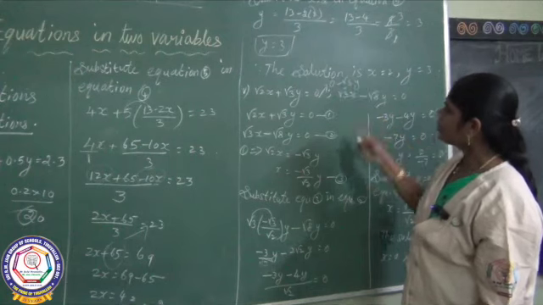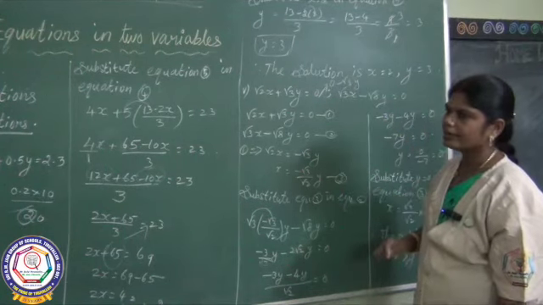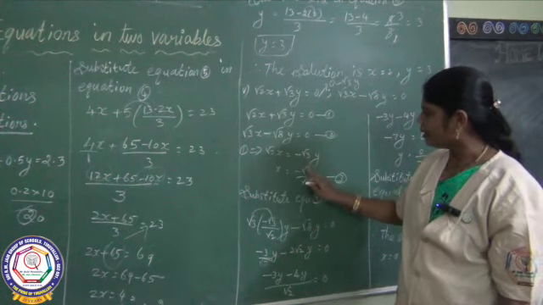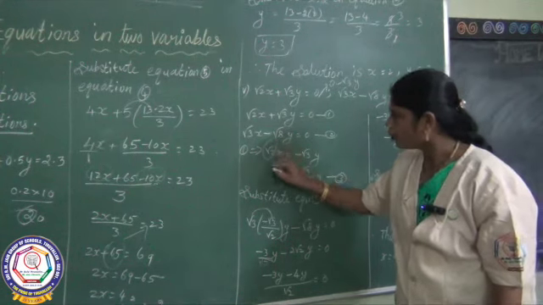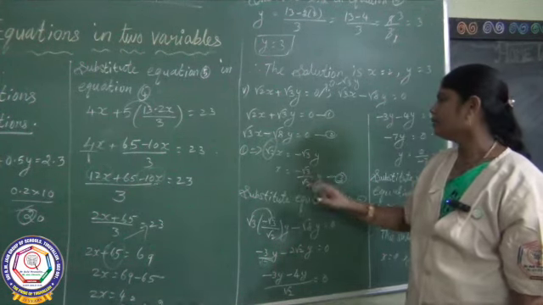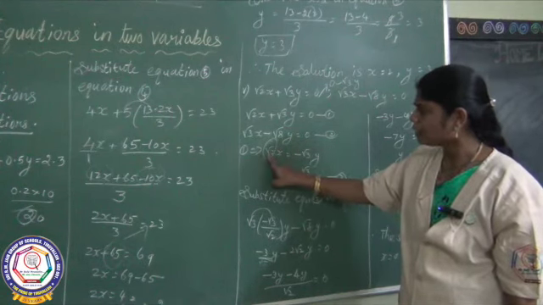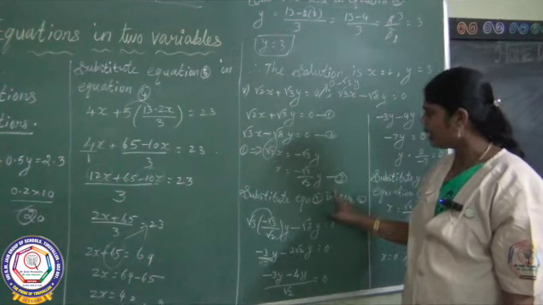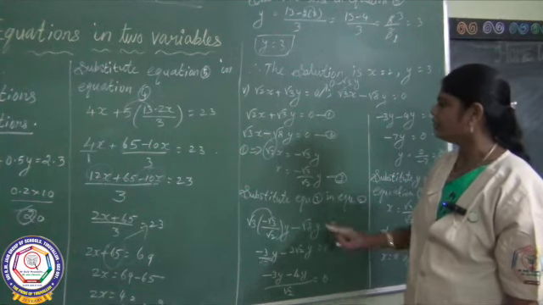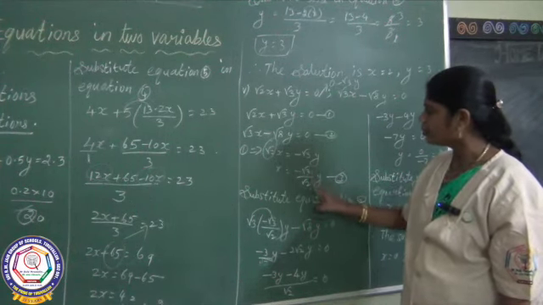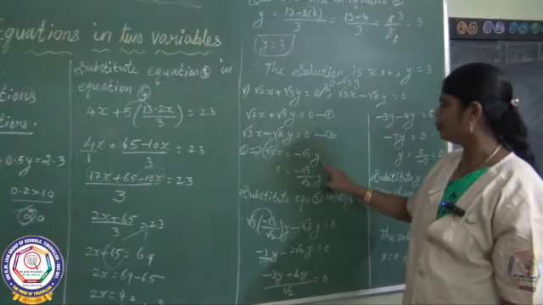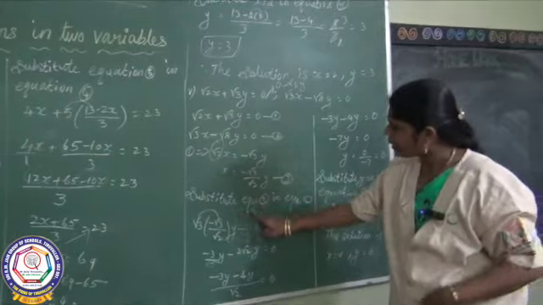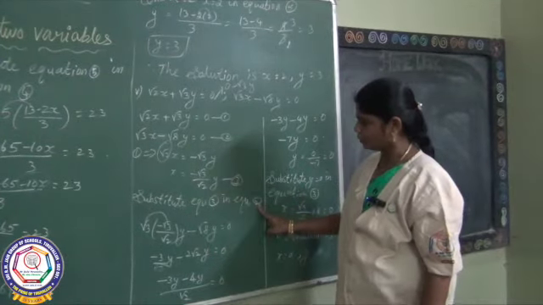So 0 minus root 3 y you will get minus root 3 y, so I directly wrote it here. So x equal to minus root 3 y, divided by root 2, the coefficient of x, because multiplication will change to division on the other side. So x equal to minus root 3 divided by root 2 into y. This is equation 3. Substitute equation 3 in equation 2.